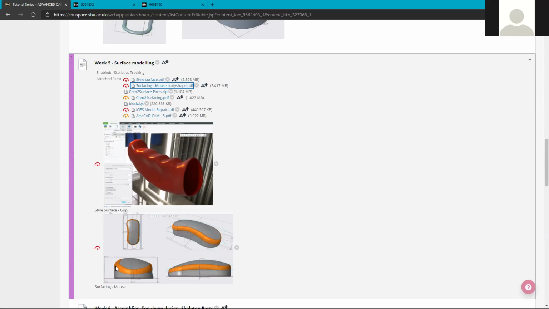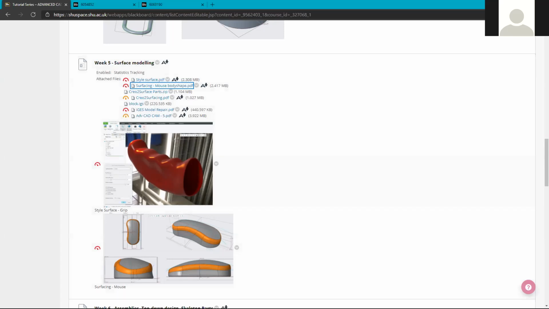So that's when you might choose to use surface modeling techniques rather than where can you find the record of tutorial 3 and 4? So